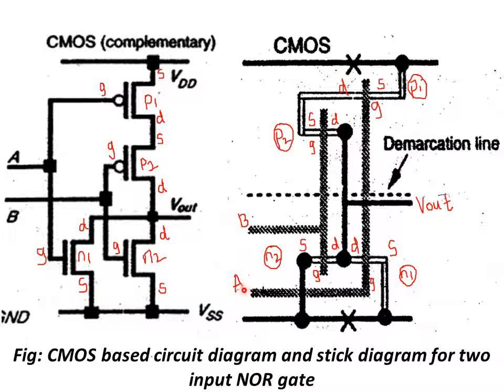If you don't name these and you start drawing the stick diagram, then it will be very confusing. You can just try, you will get a lot of doubts there, right? In order to avoid that, this is the better thing I can suggest you do. Here we'll start with the stick diagram. First we'll form the P1 and P2 transistors at the pull-up network, right? Here we have formed the P1 and P2 transistors.